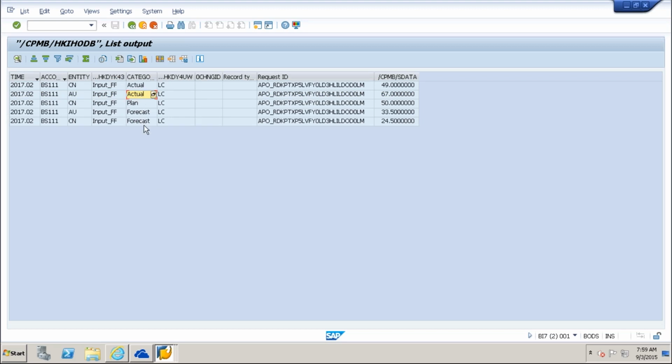So now you see here 2017-02 CN 49. This is the actual data. The same thing CN, it is my forecast, this one and this one.